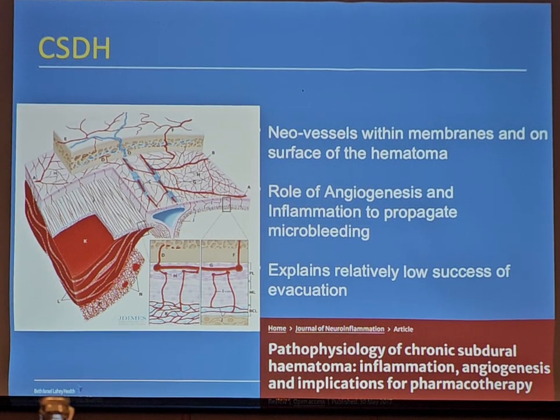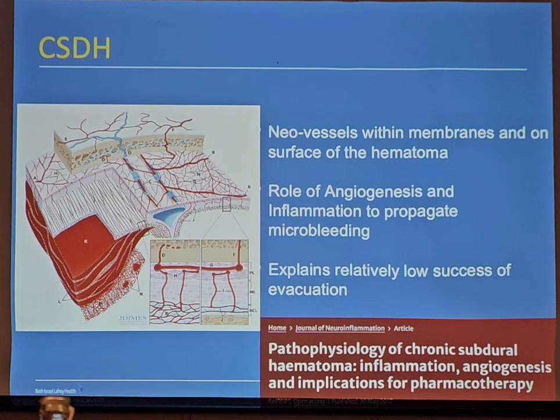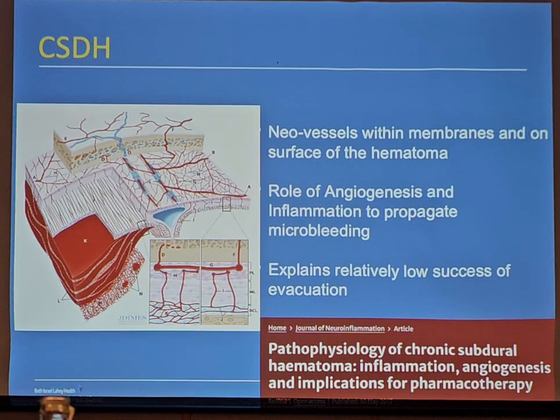Well, when we are thinking about the pathophysiology of chronic subdural hematomas, it's important to realize that inflammation and angiogenesis are of importance here. Because what is happening in a chronic subdural hematoma is visualized here. We have here the meninges. They are normal. These are the vessels that you penetrate with your Onyx, with your TRUFILL, NBCA, etc. But this is not where the hemorrhages occur. The hemorrhages occur from the inner membrane. And the inner membrane is going through a process of angiogenesis.